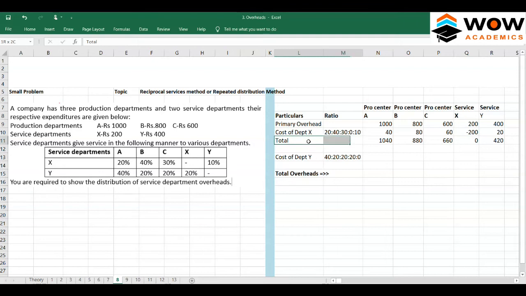We'll bold it. So that's about the X department being split. Now we have to split department Y. Department Y has minus 420 as its number. So that has to be split. So 420 will be split in the ratio of,